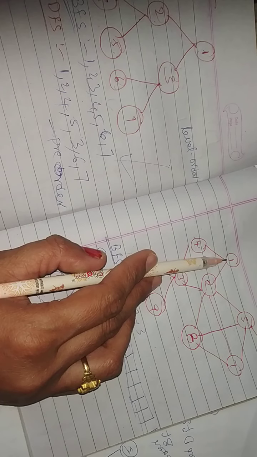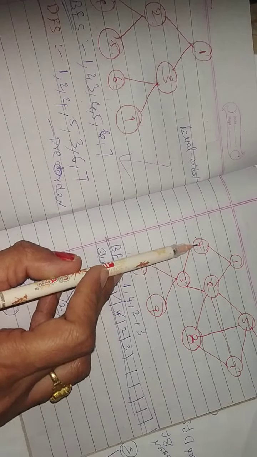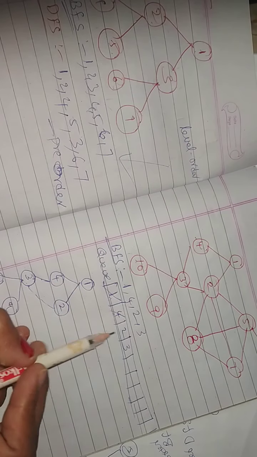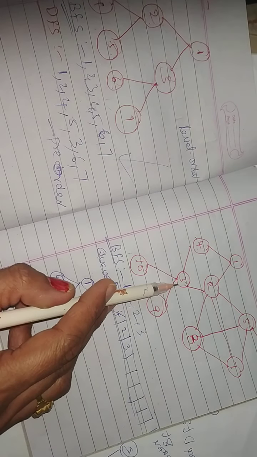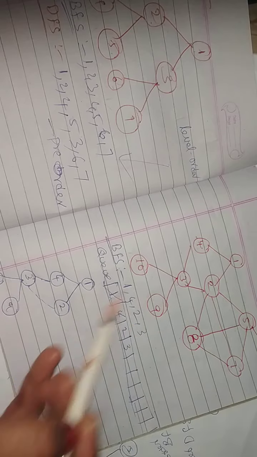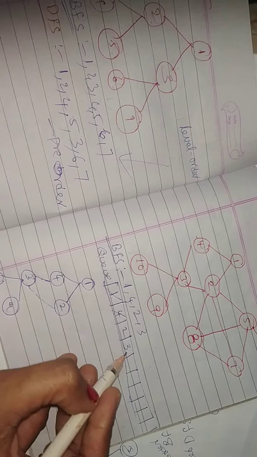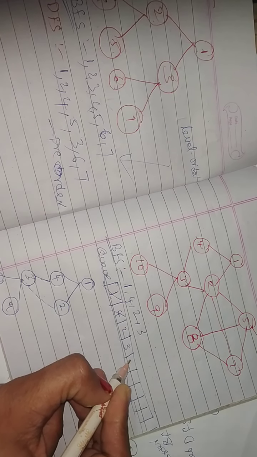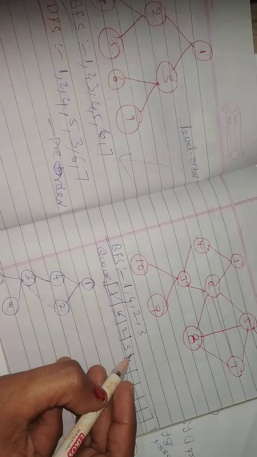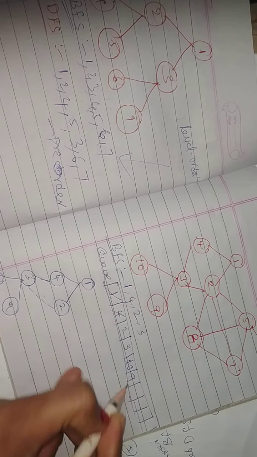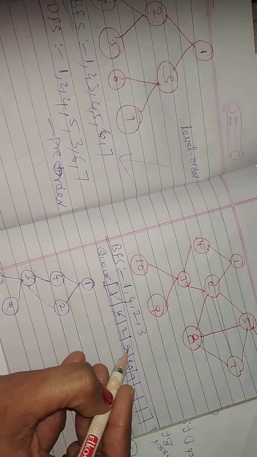First I go to vertex 1. I explore 4, 2. Right? So 4, 2 I write it here. And if you explore 4, 3. Okay. 3 I write it here. Here also 3. Next, if 3 explores the connections, 3 to 2. Already 2 is there. That's why I write a dotted line. And next 10, 9. So after 3 explores, what are those? 10. 9. Okay. So right. 3 explores. Sorry.